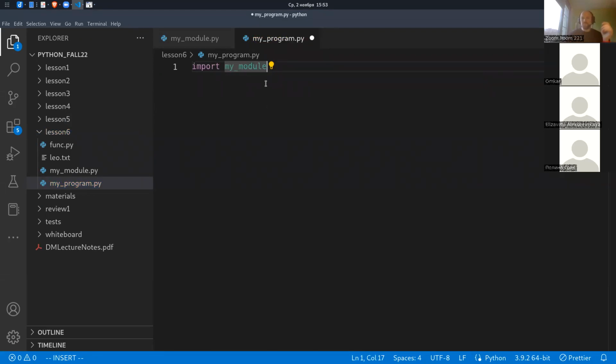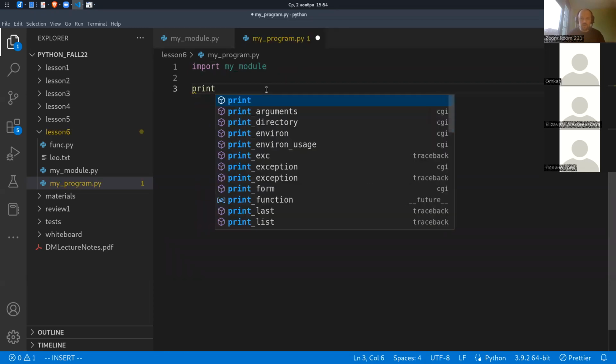The system that analyzes our code in Microsoft Code already suggests all the modules that I can import. So it's very useful if you work in such complex text editors or in an IDE, for example, in PyCharm, they have the same features. So after that, I want just to print